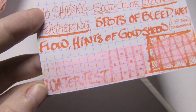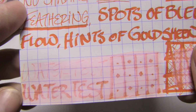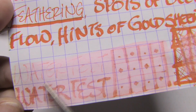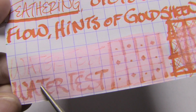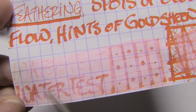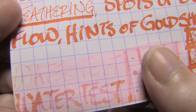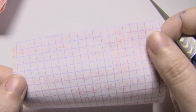Now, weirdly, this one really dyed the page. I hope that comes through and that the white balance isn't... Yeah, but also, well, the white balance is altering this. The writing here, especially where it's lightest, like the bottom of this A, bottom of this T, bottom of this R, pretty much the whole S, and pretty much all of these letters are a highlighter pink color. And that's not coming through on camera, but that's something that's happening in real life. So yeah,